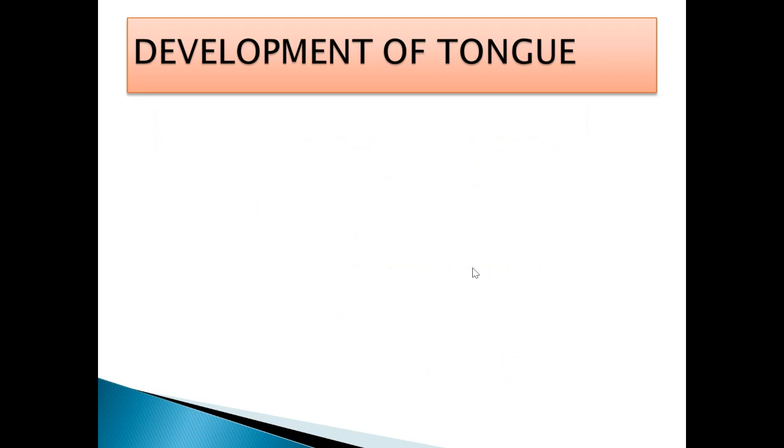So the development of the tongue we have completed till now, the mucous membrane of the tongue under the two headings, ventral two-third and posterior one-third. Ventral two-third by three swellings, a pair of the lingual swellings and an unpaired tuberculum impar. Posterior one-third develops by the swelling hypobranchial eminence, which gives rise to the posterior one-third of the tongue and also the epiglottis. Now we will continue with the development of the tongue muscles.